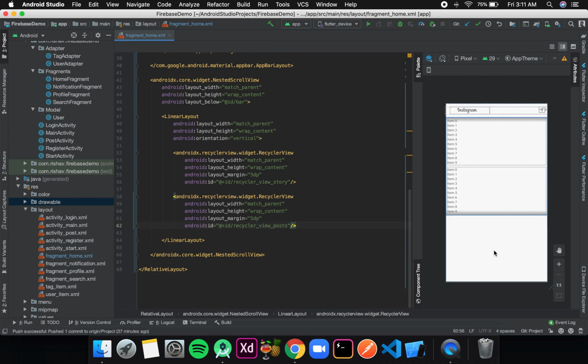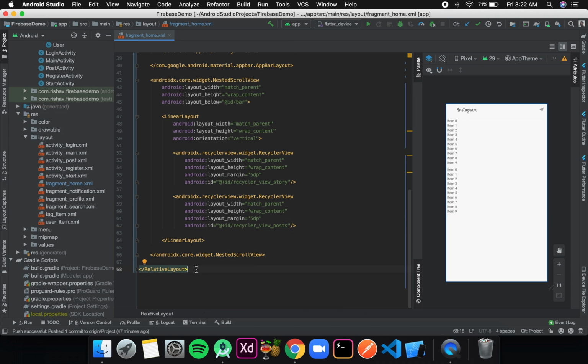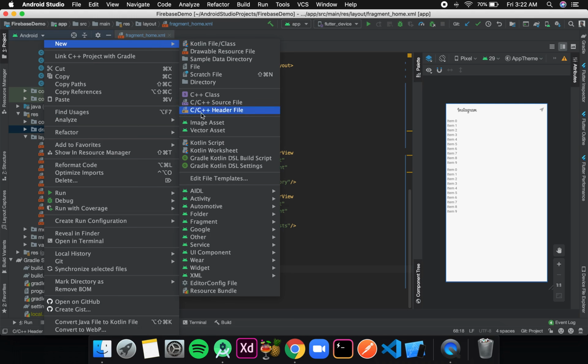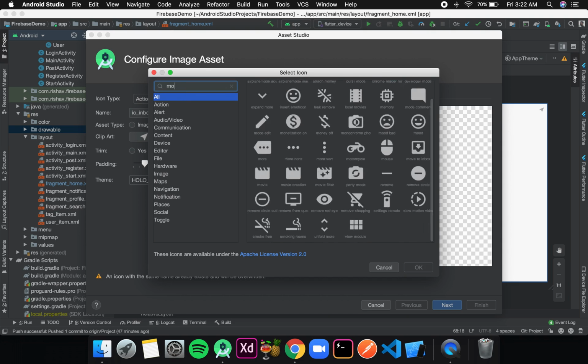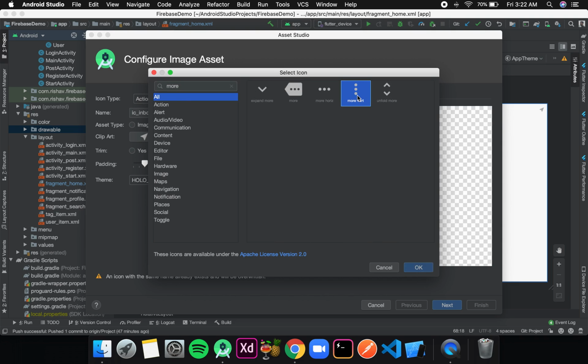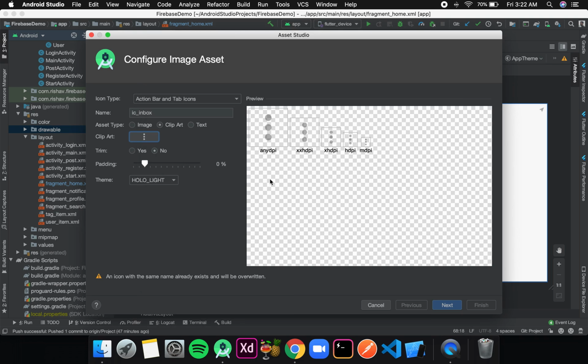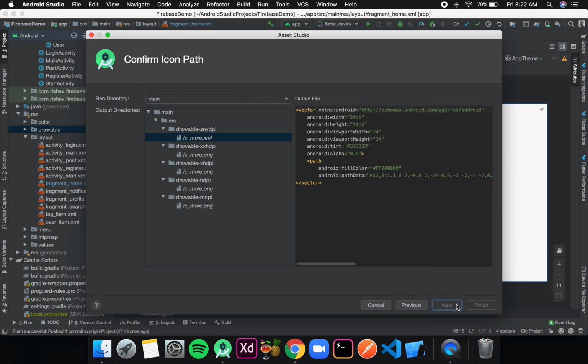Okay, now let's design the item for each post. Okay, so to start designing our post item, we first need a few images that we can get from our image asset. So I'll go to drawable, then new, then image asset. Okay, and then I'll search for a few icons. The first one is more, and this will be in the top right corner of every post item. Okay, and I'll give it a name of more. Okay, next, finish,